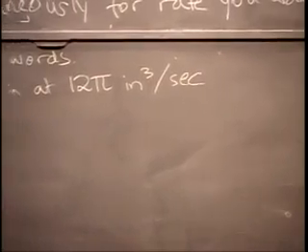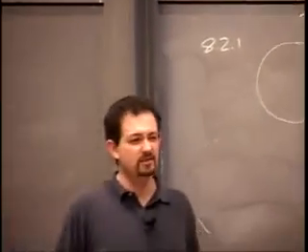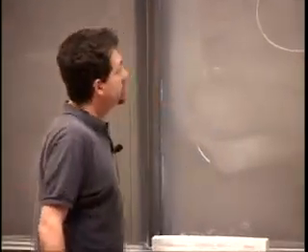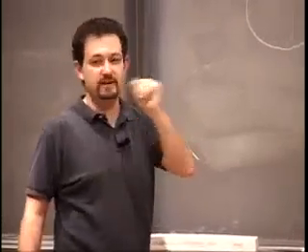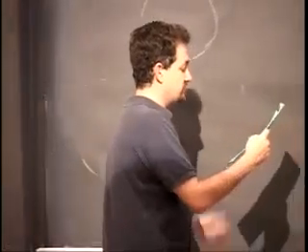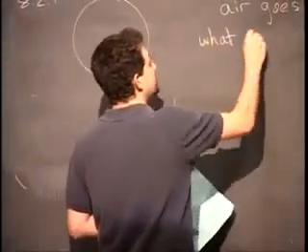So that's about 36 inches cubed per second. That's quite a lot. This balloon's going to expand fairly quickly. But it's a constant rate of 12 pi, so it's some pump that's just pumping the same volume of air in every second. And the question is, what is the rate of change of radius